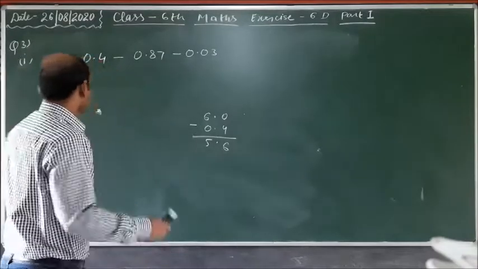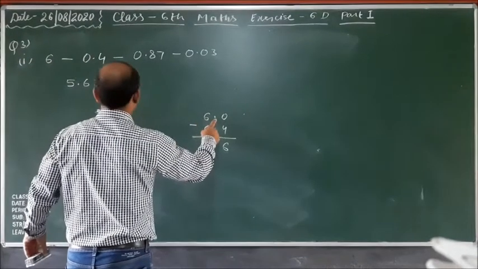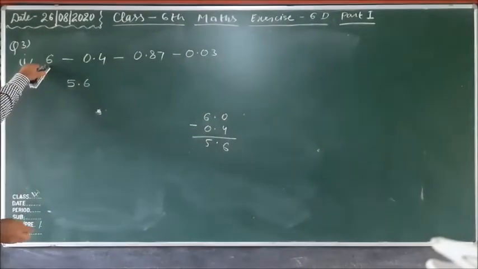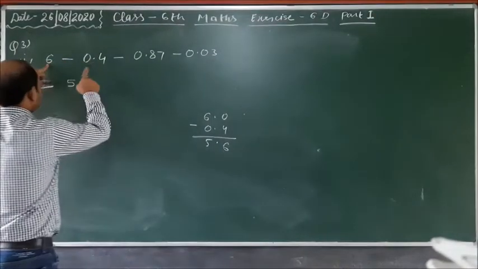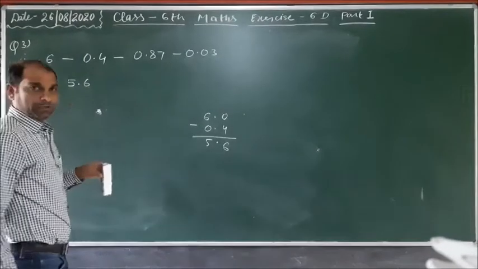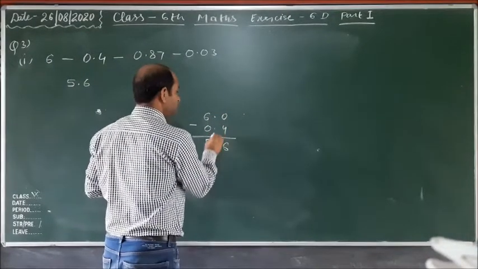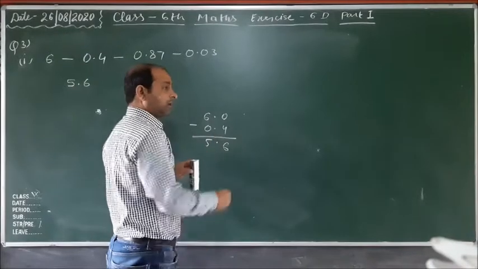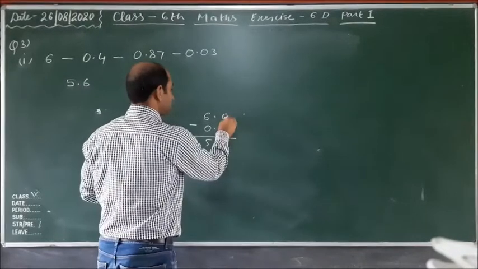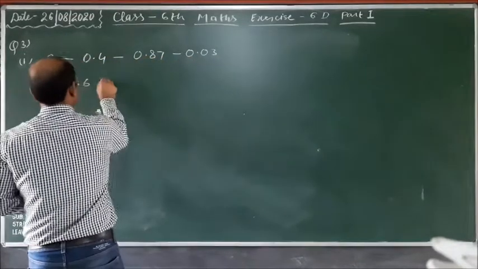Okay, now 6 minus 0.4, we subtract here 6.0. Why do we put the decimal? Because here the decimal is not there. So this number and this number are unlike decimals, so we make them like decimals. Here we made a like decimal. This one has a decimal in the 10th place, so we wrote in the 10th place. But there is no number to subtract from, so you can put a decimal and add a 0. Then 10 minus 4 equals 6, and this is 5.6.